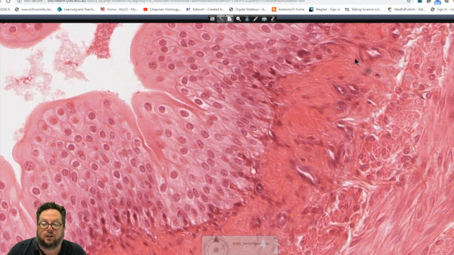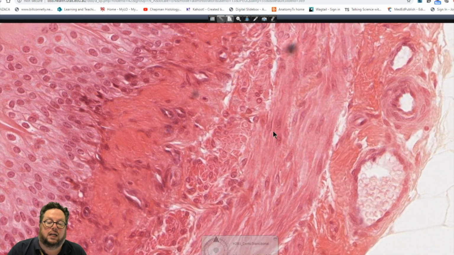You can see some capillaries over here, and then we've got some smooth muscle in the wall. Initially the smooth muscle consists of 1 layer that eventually becomes 2 that eventually becomes 3 layers of smooth muscle as you move distally towards the urinary bladder. Now it's a unique arrangement, and certainly if we compare it to the